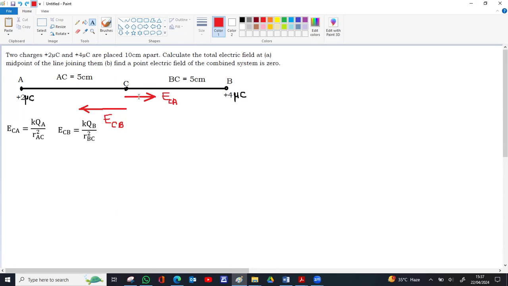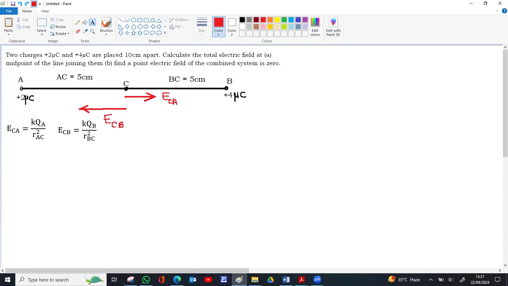For any vectors, if the direction of vectors are in the same way, you can just add their magnitude. If the vectors act in opposite direction, subtract the smaller one from the greater magnitude, then put the direction of the greater one. If they are in different directions other than parallel or anti-parallel, we have to use the parallelogram law of vector addition. But here, if you try to see at C, if we keep a positive test charge, the